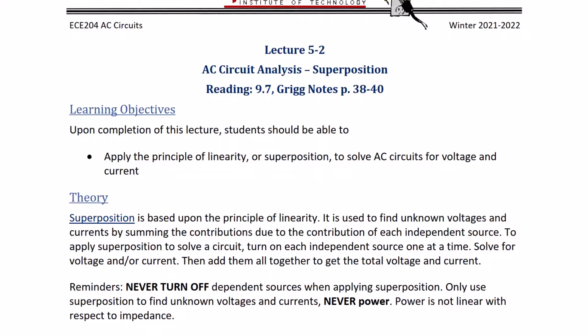Lecture 5-2: AC Circuit Analysis, Superposition. Students should be reading section 9.7 of their textbook and pages 38 to 40 of Professor Griggs' notes. Upon completion of this lecture, students should be able to apply the principle of linearity or superposition to solve AC